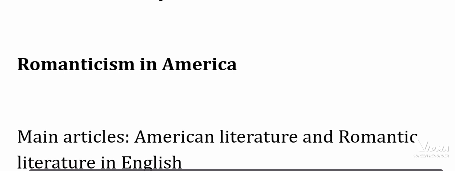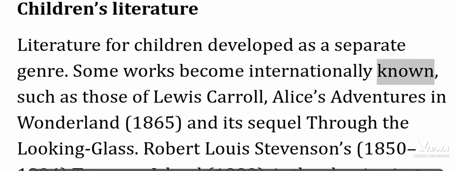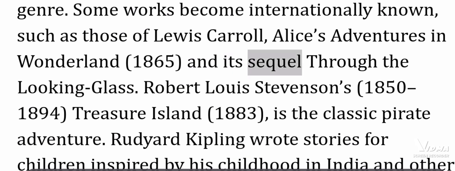Children's literature. Literature for children developed as a separate genre. Some works became internationally known, such as those of Lewis Carroll, Alice's Adventures in Wonderland, 1865, and its sequel Through